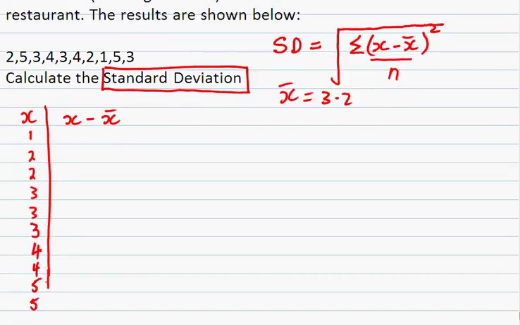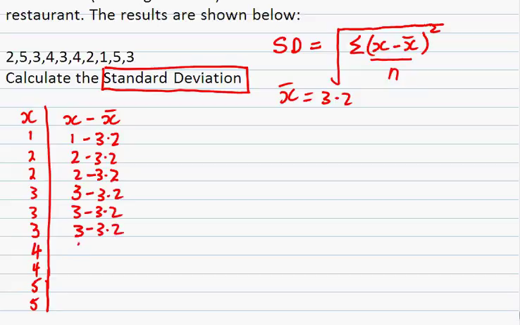5 and 5, okay, got there in the end. So we're going to go 1 take away 3.2, 2 take away 3.2, 2 take away 3.2, 3 take away 3.2, 3 take away 3.2, 3 take away 3.2, 4 take away 3.2, we do it every time, 5 take away 3.2, and 5 take away 3.2,